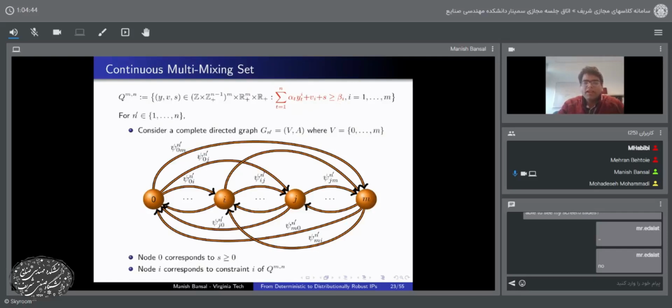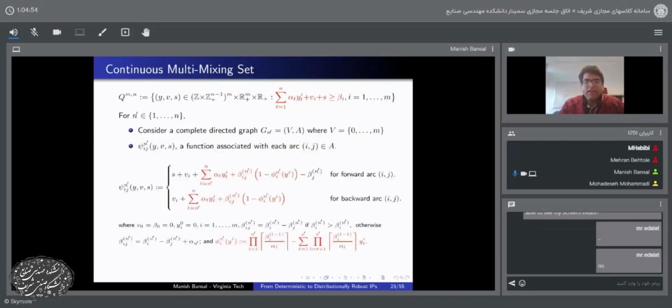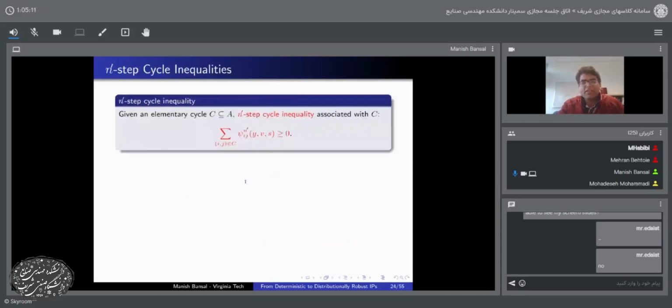And we associate a linear function psi n prime ij with this arc ij, and these are defined in this form. So this is a more compact form, and it's a linear function. It's a compact form because you have this psi, which is an integer function, and this beta, the remainder or the recursive remainder function here. So let's not get into the details of how this function is defined, but let's say I have this linear function associated with each arc